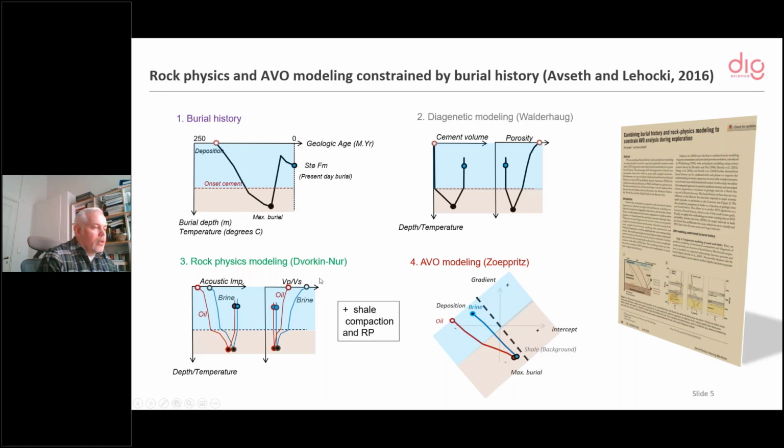Of course, we need to also honor shale properties if we're going to look into the AVO. I'm not going too much into the details of the shale here, but we could also think that we did some physical models of shales. Those are more complex, and we tend to do more empirical data-driven studies for shales because most of the overburden and rocks are shales in siliciclastic basins. So even if you have 5-6 wells around, you have quite good data coverage of the shales, whereas the sands are often more sporadically located. And then, of course, at the end, you want to see how these burial trends propagate into the AVO space.